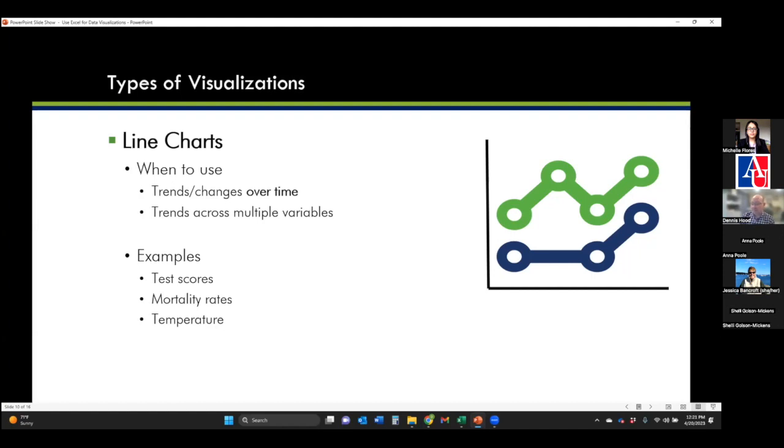Is one, for example, are scores of one school going down while the other is going up? And you could quickly point out interesting trends of whatever your data tends to show. So as you may have noticed, there are some situations where more than one type of chart might be useful for the type of data you're trying to show. For example, a pie chart or a stacked bar chart could both show relationships between parts and totals. And you really need to choose between